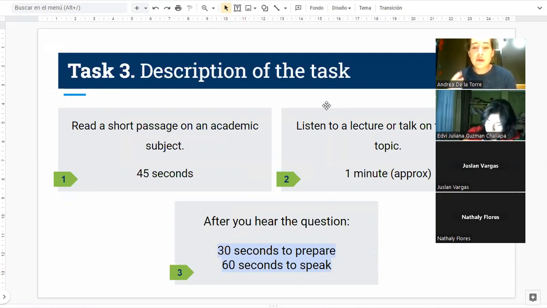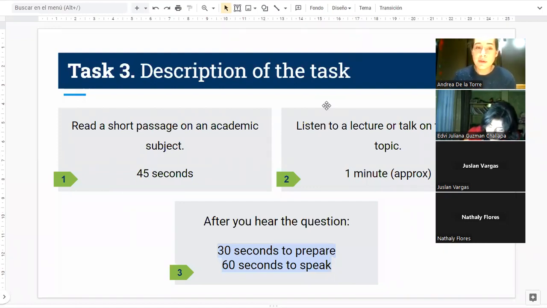So it is something that you're gonna listen to. It isn't something that you're gonna read, okay? Even though it may sound like that, you're not gonna read that. You're gonna listen to this class where you're gonna have a professor that is a university teacher talk about a certain topic, okay? So first thing is you will read a short passage, you will read a text. Second, you will listen to a lecture. And finally, you will have the same thing. You will have 30 seconds to prepare your response and 1 minute to speak. Okay? Is that okay, you guys?